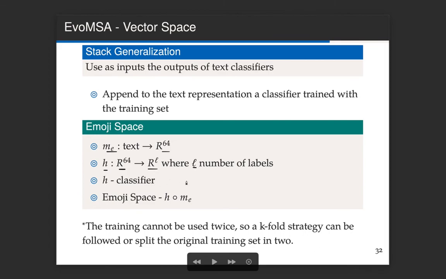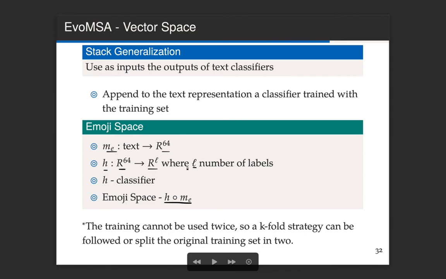So if we train h using the training set, then the representation of the emoji space is the composition of these 2 functions, and the representation will be in 3 dimensions.